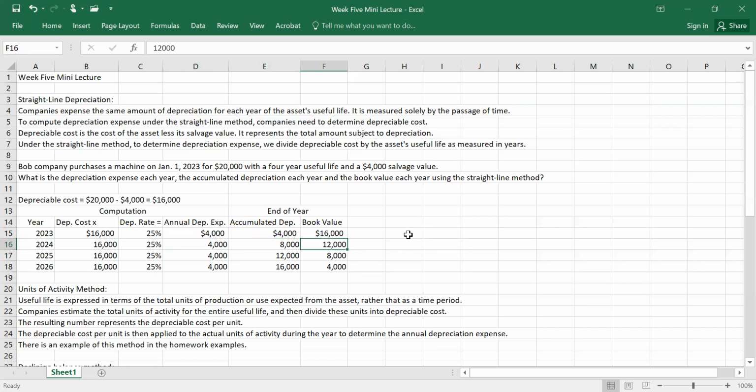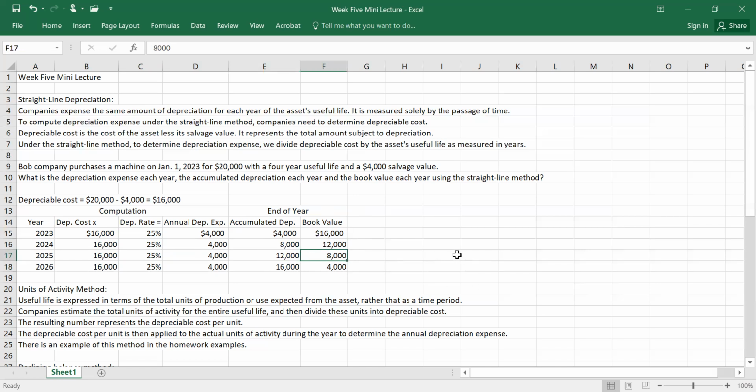If we wanted to know the book value at that time, it's 20,000 minus accumulated depreciation of 8,000, which is 12,000. Year 3, accumulated depreciation is the 8,000 plus the year 3 depreciation, which is 4,000, for a total accumulated depreciation of 12,000. If we want to know the book value at that time, it would be 20,000 minus 12,000,